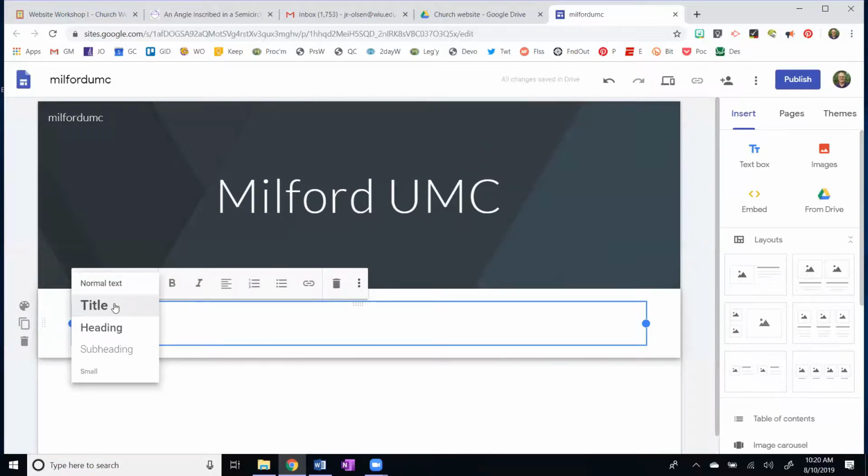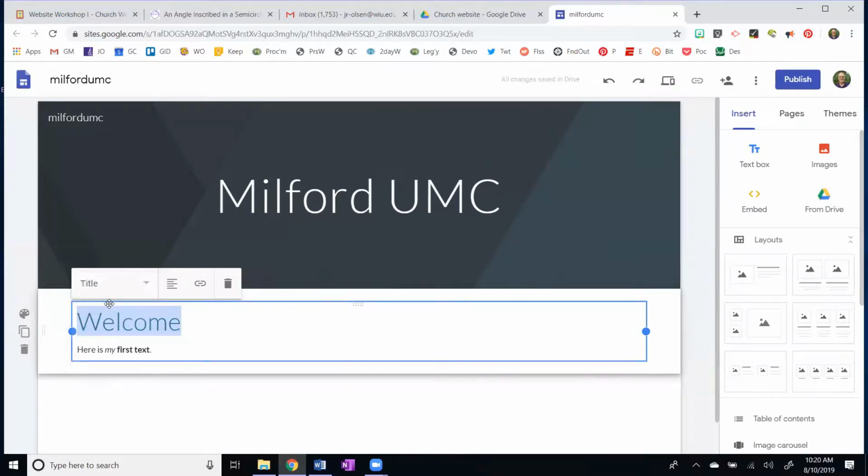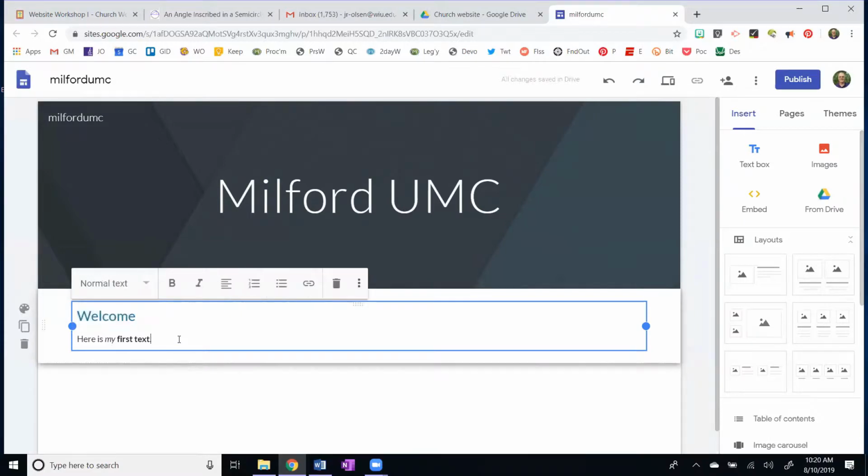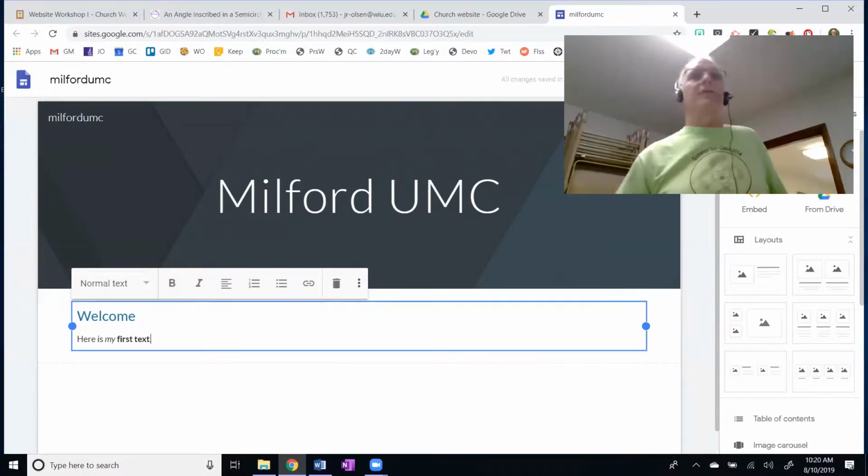The intention is that this will be an organized web page, okay? So this is probably going to be a title. If that's a little too big, you might just use heading. And that is going to be formatted. One of the reasons that you don't just manually go in there and make it a 21-point font or something is to make this so it can be viewed on other devices.